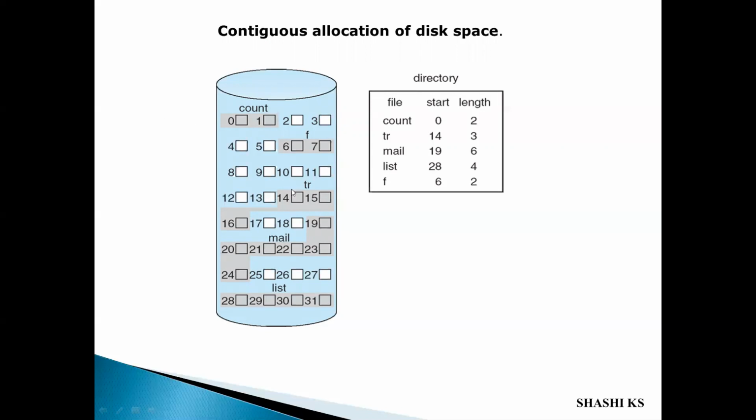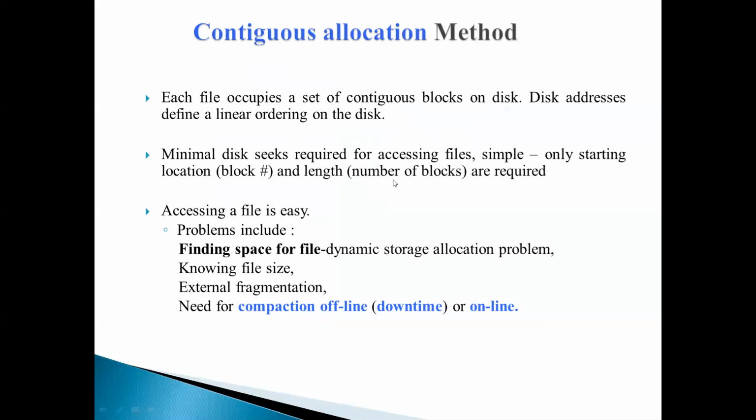So this is your secondary storage memory or your disk space. This is how you have disks. You will have blocks on the disk, and every file has to be allocated some set of blocks depending on its size requirements. And in contiguous allocation, the files will be allocated consecutive blocks on the disk. So here the advantage is seek time is very, very less, right? You only have to know the starting address of your disk block. Once you know the starting address and the length, you can access any block of that particular file.